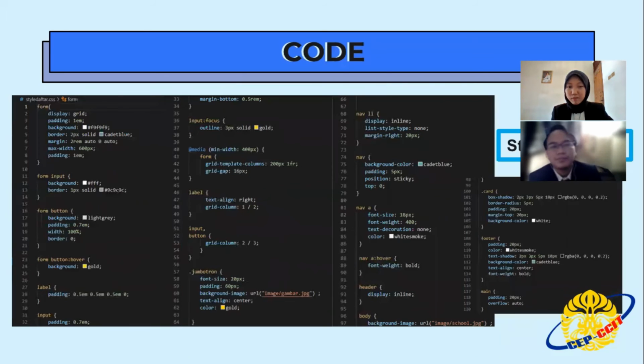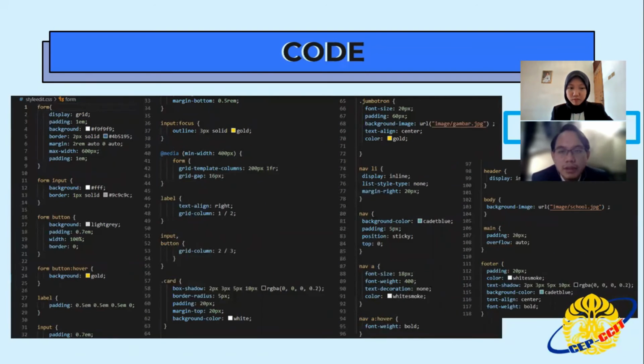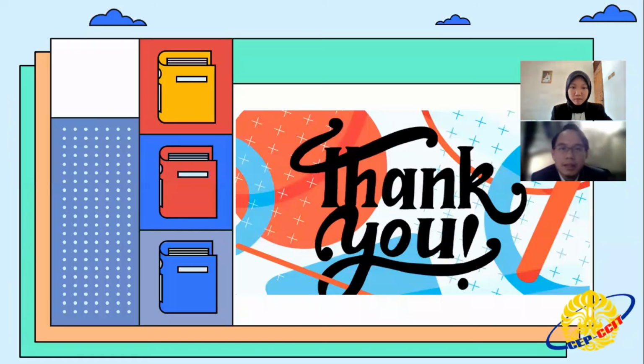Okay, next. And this is style daftar.css for the daftar form. Okay, next. And this is style edit.css for the edit form.php.